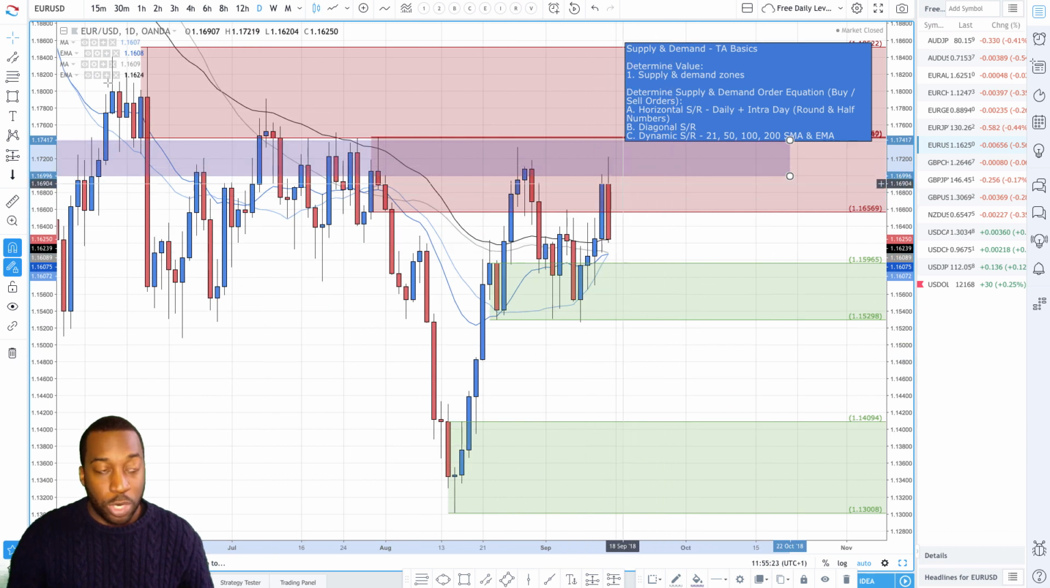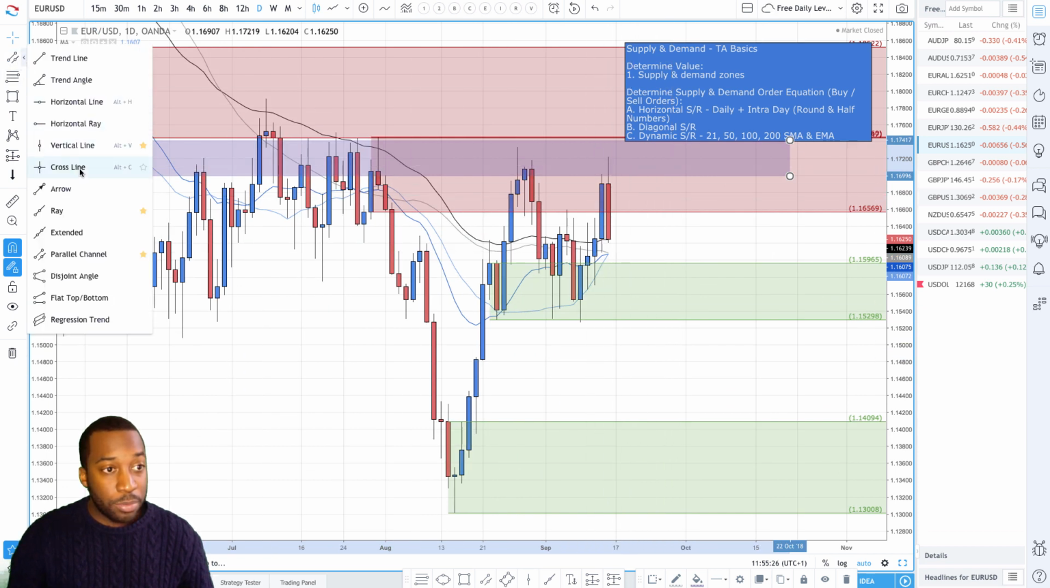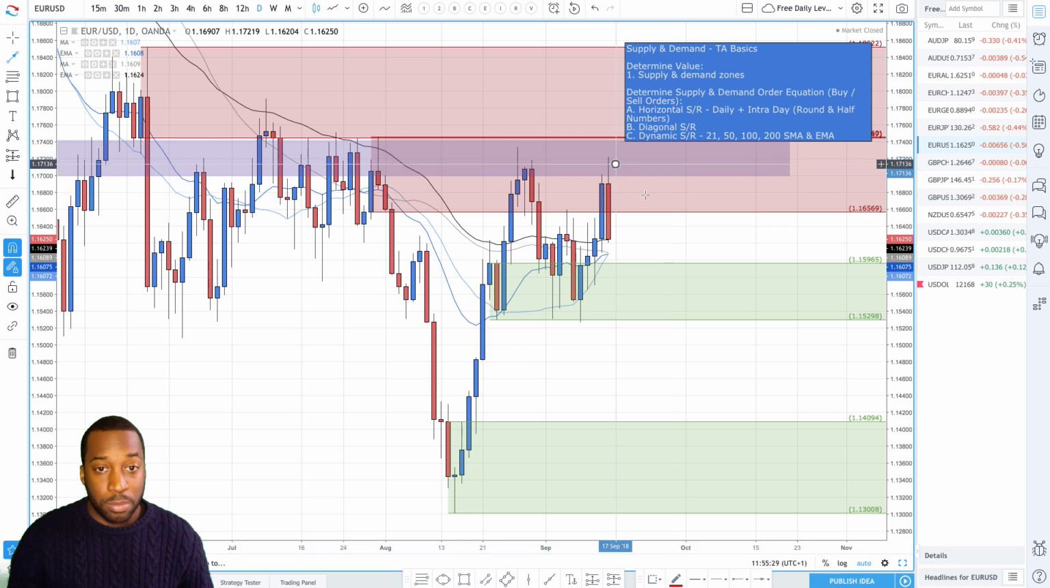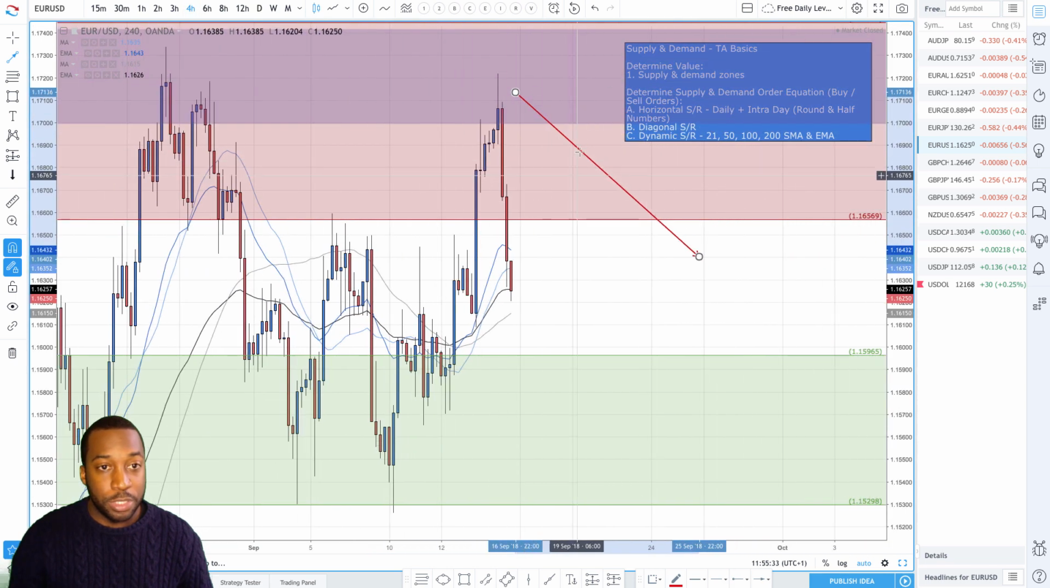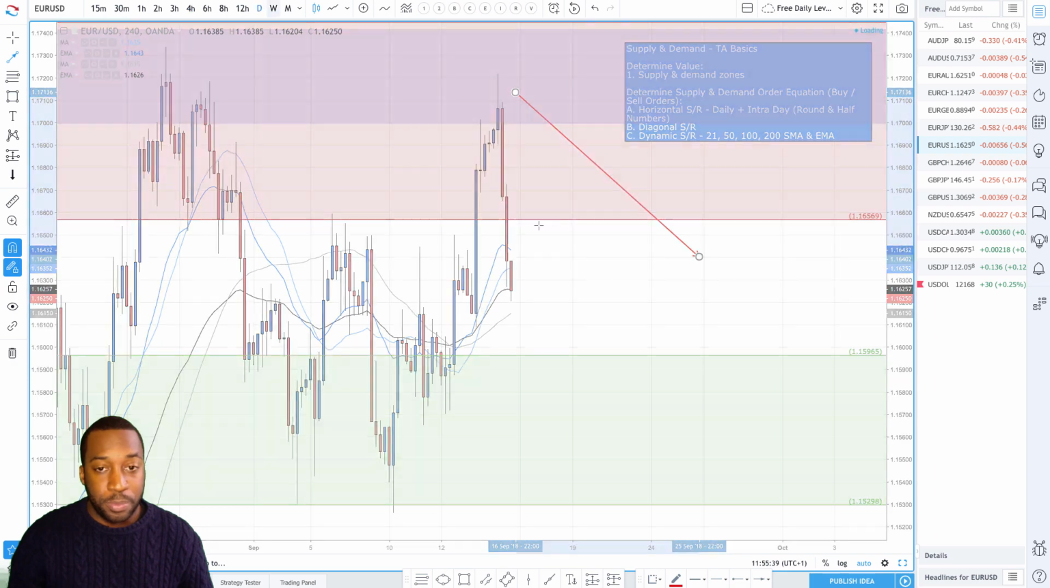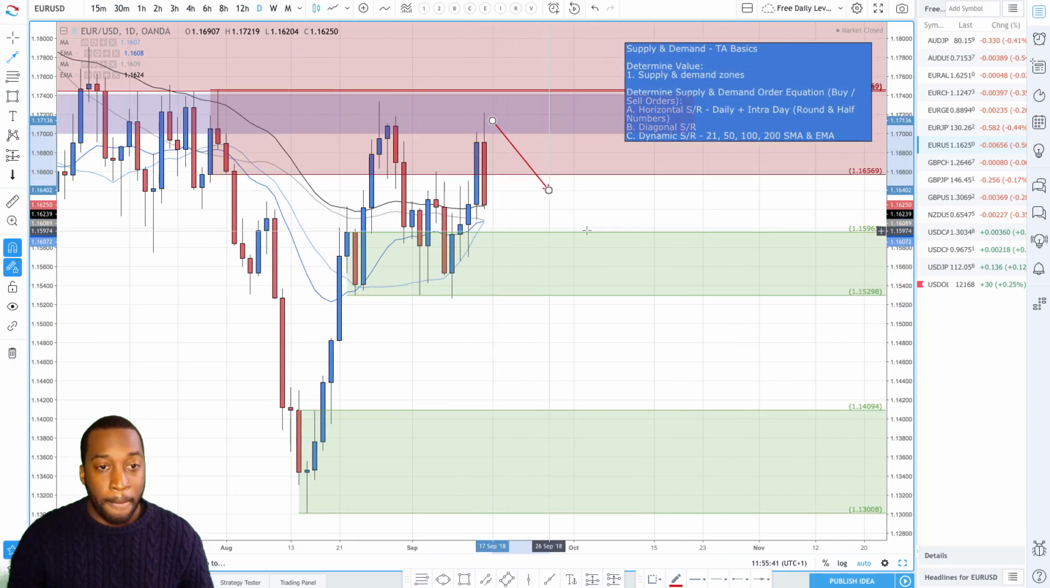So supply zone wise, this would have looked decent to the downside on the lower time frame. You can see where prices started to sell off around this 1.17 round number on the lower time frames. Again,